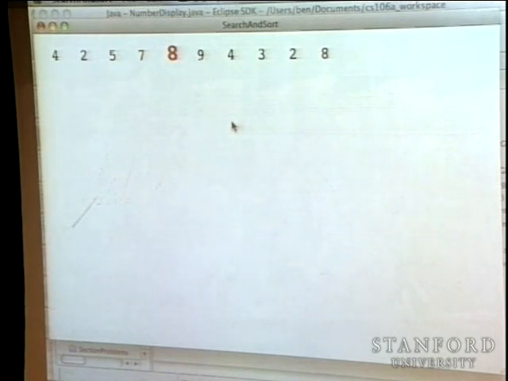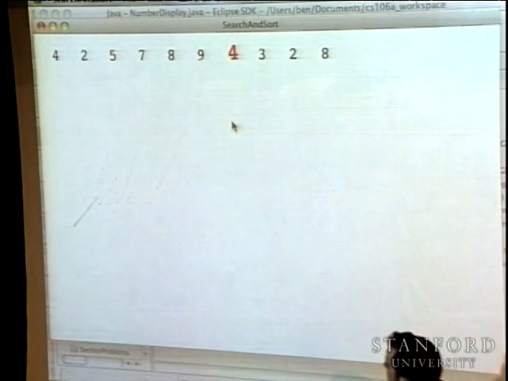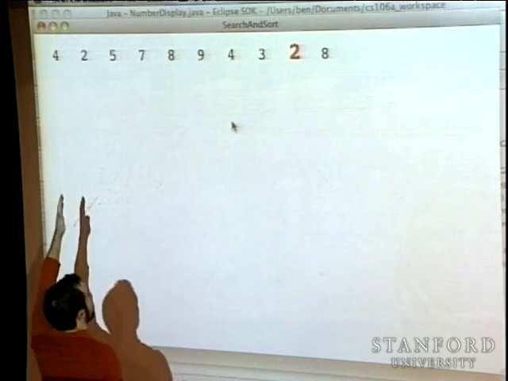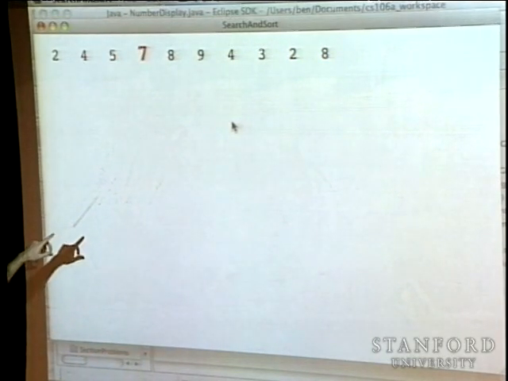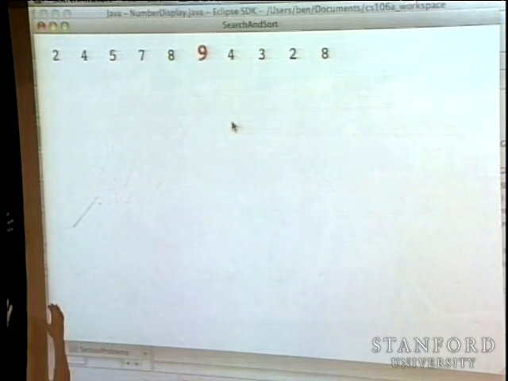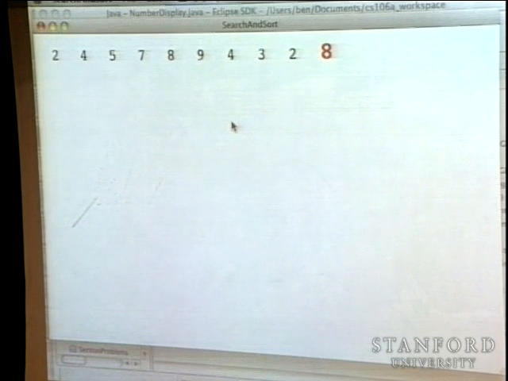So we're considering 4 right now. One of the things that this doesn't keep track of very well is what number we're considering, right? But after 4, the smallest number that we found was 2, and so we swapped them out. 2 happened to occur immediately after 4. And so we considered 4 again. This is just sort of a special case where 4 happened to be swapped into the position that we next considered.